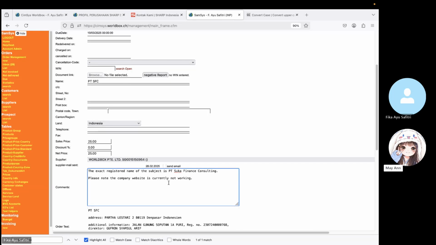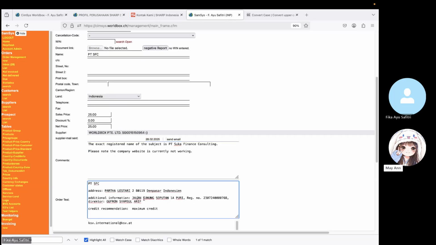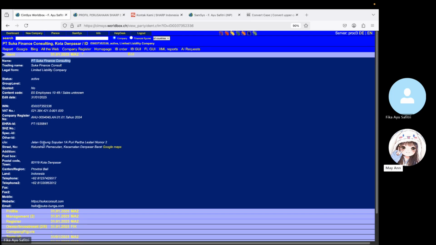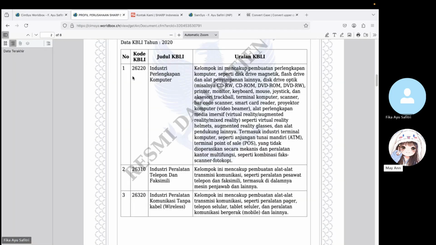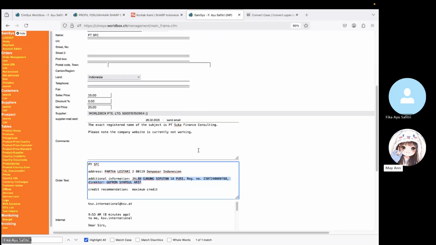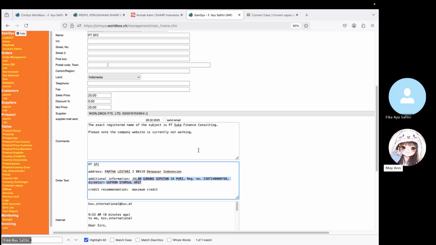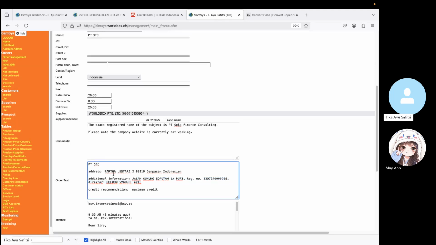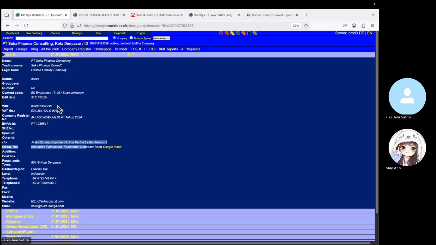Yes, that one. And then check the given address if it matches the address in SimSys. Yes, matches. Not this one though, not Parta Lestari. Oh yeah, that matches.